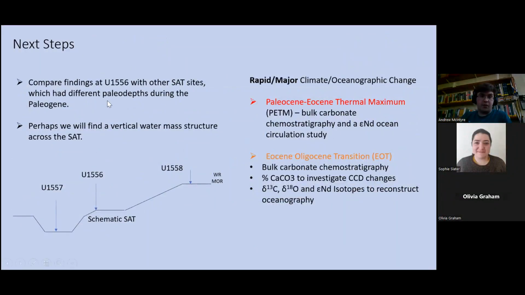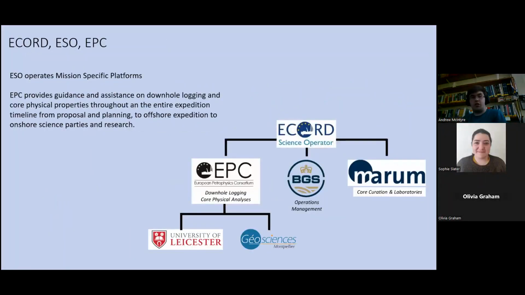So what are our next steps? Our next steps are to finish off the neodymium work at 1556, but then also produce some data from our sister sites, 57 and 58, to start to get an understanding of the transect across the South Atlantic, to see whether we have any vertical water mass structure around this time. And again, it will be to start working on the rapid major climate intervals that I'll be working on as well. But before I end, I thought I'd just touch on